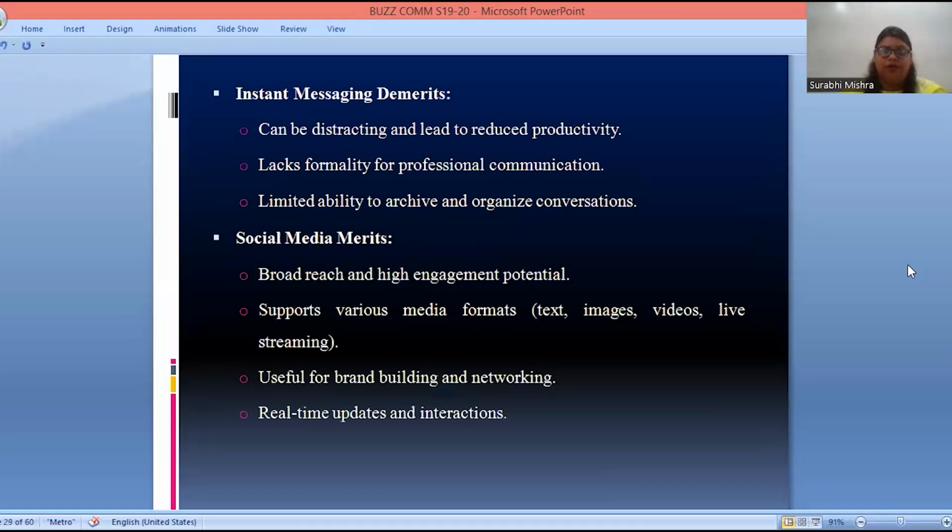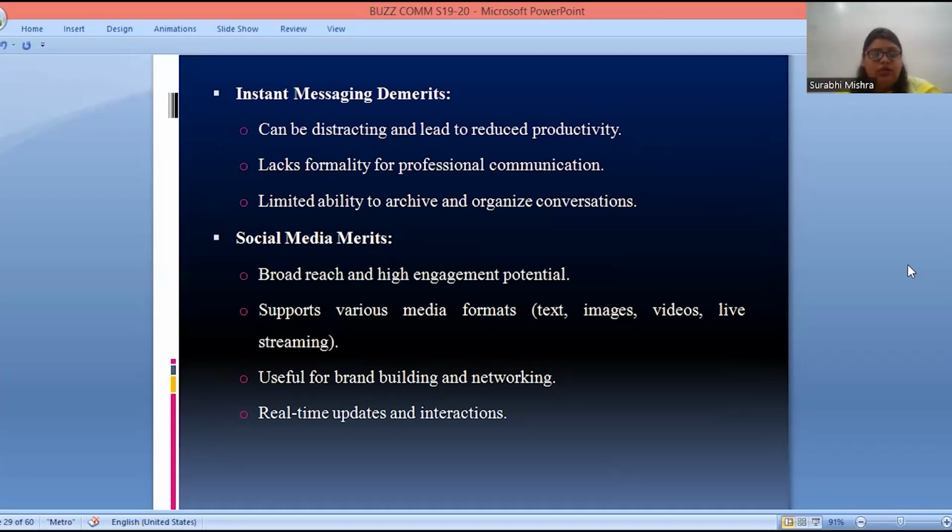Next, the demerit of instant messaging is it can be distracting and lead to reduced productivity, right? It can lack formality or the formal structure of professional communication. As we are talking about professional settings, in that particular case, we have to make sure that the communication is structured in a very formal manner.